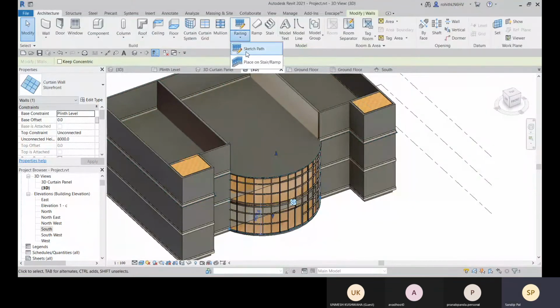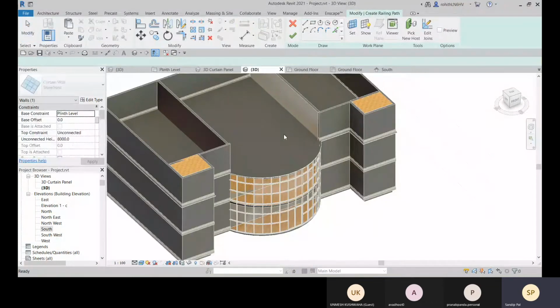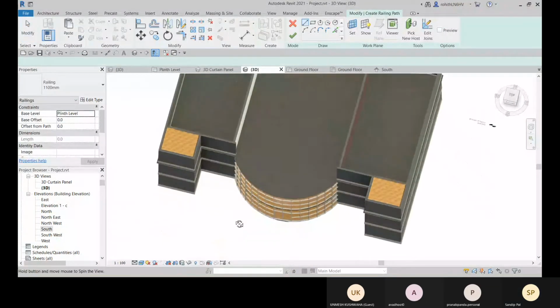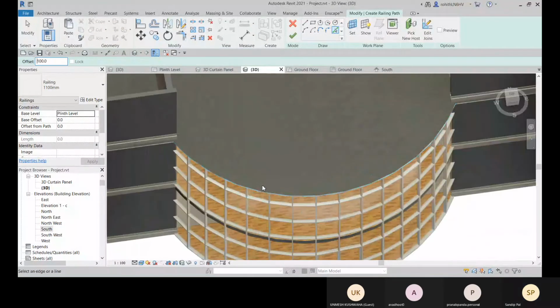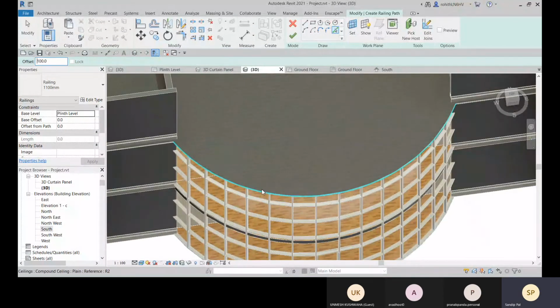We can create a railing, and we will not be placing it on a stair or ramp. We'll be sketching the path. So let's sketch the path and we can pick the path. Let me give it an offset, like 100 will be the offset. And let's choose this.